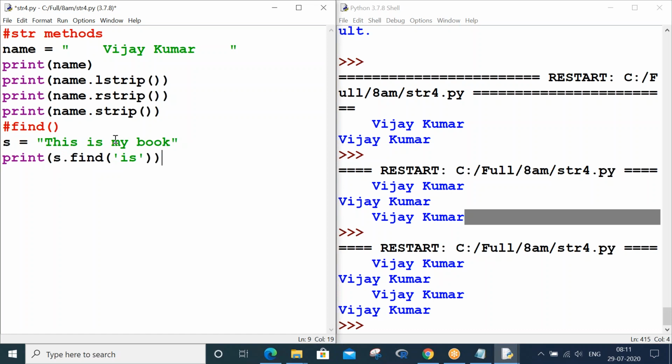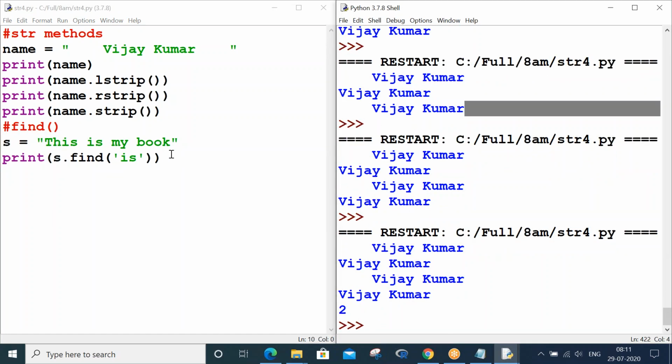What do you think it will give as the output? It will give the substring's starting index. What is a substring? The substring is this. So what is the starting index? It starts with 0. Yesterday you learned 0, 1, 2. So the i starts from 2, so it has to give its index. Understand? It gives the substring's starting index.